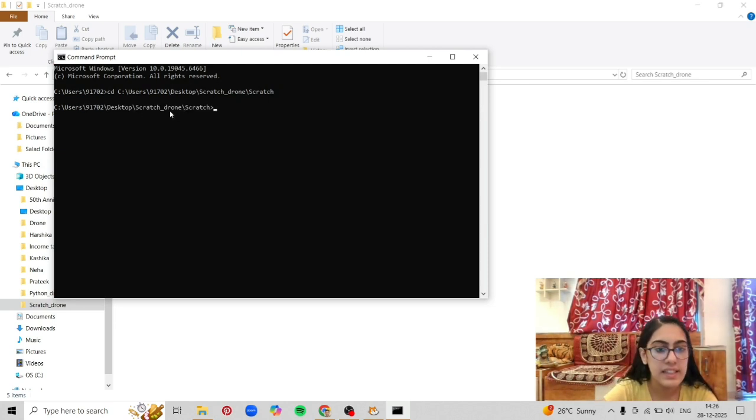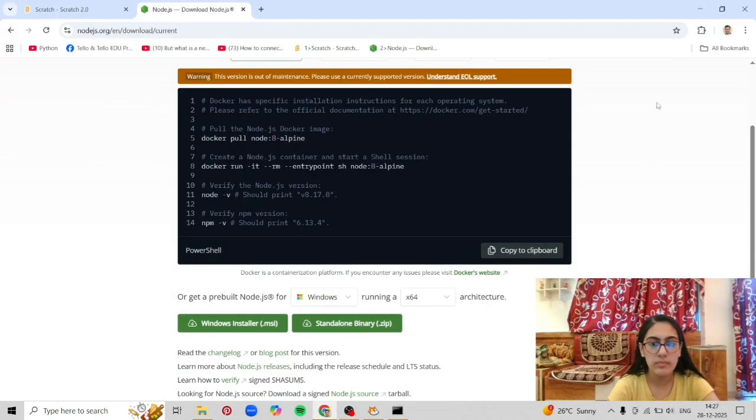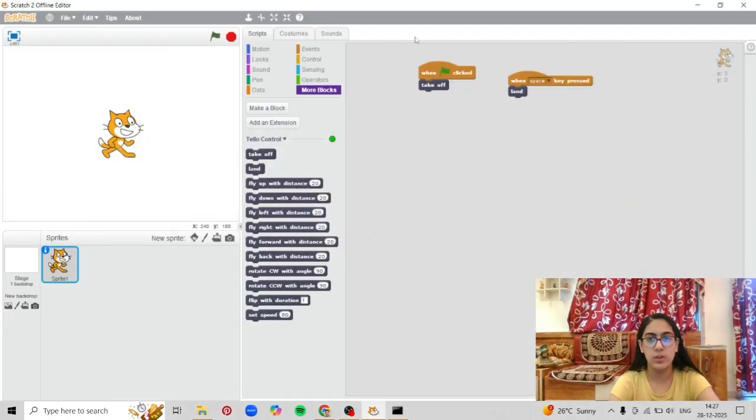Now you'll see scratch slash scratch, this is the place where we have our Scratch folder. Now we write node space tello.js, and enter. We see that it is running at this local link. Now we can minimize all this and go back to our code.